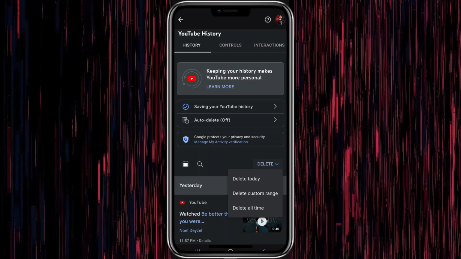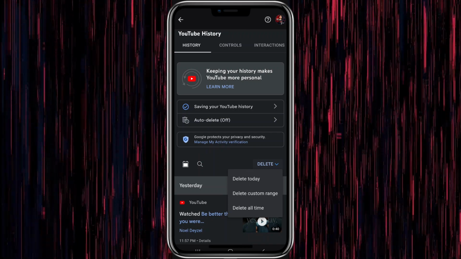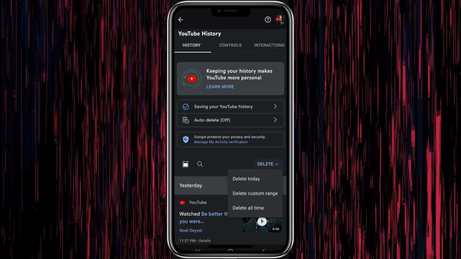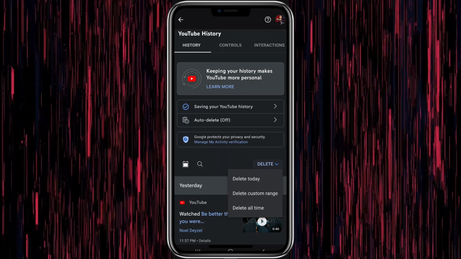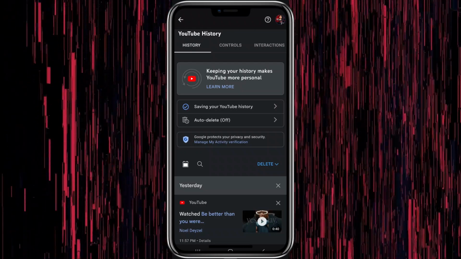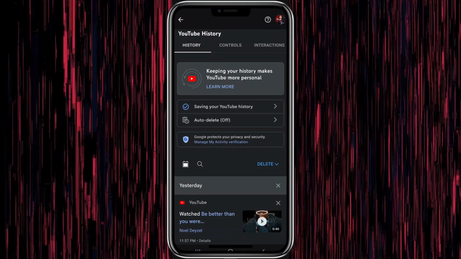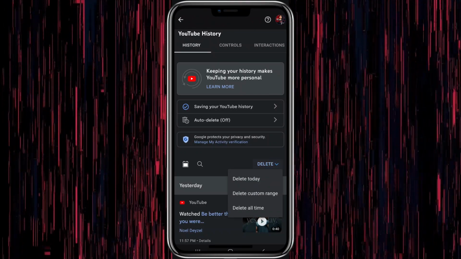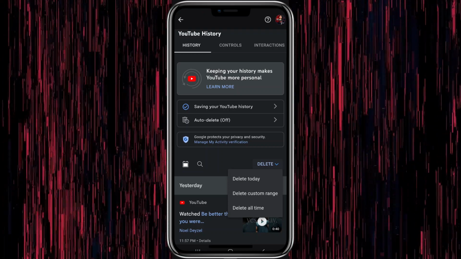from your YouTube. If you want to delete a custom date range, like you have Sunday to Monday or Sunday to Friday, like anything, you have to click on this and select the date range that you want to delete the search history. And otherwise, if you want to delete all the search history and watching history from YouTube, you